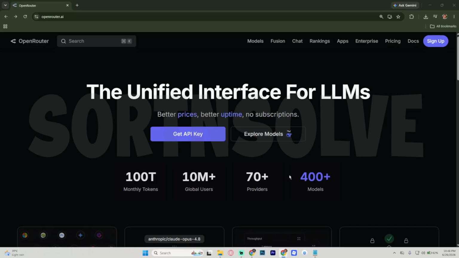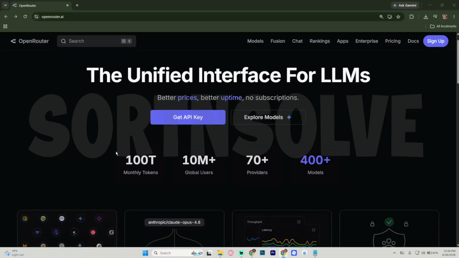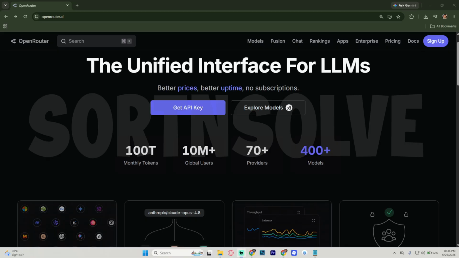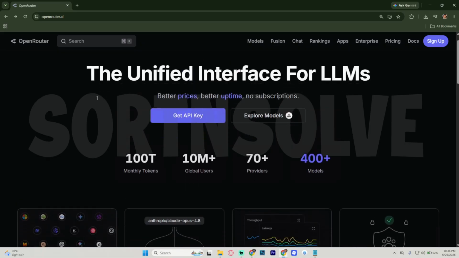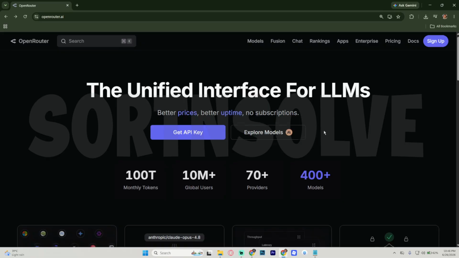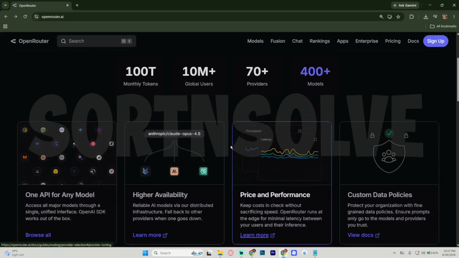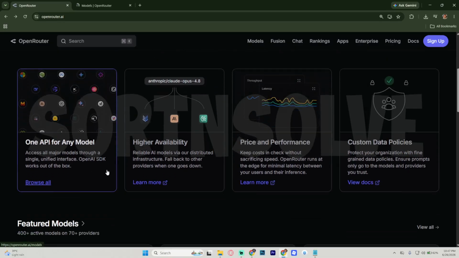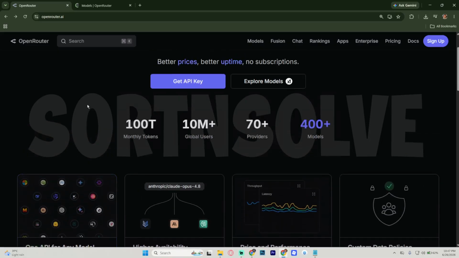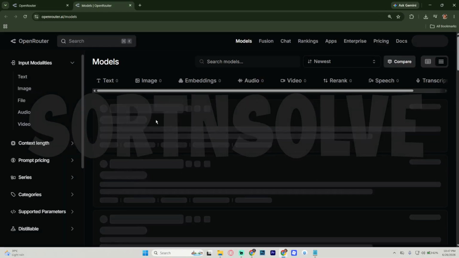Hello everyone. In this video, I'll guide you through using OpenRouter AI, a brilliant unified gateway that lets you access hundreds of different large language models using just a single API key. To begin your setup, pull up your web browser and navigate directly to the official OpenRouter.ai website to create your